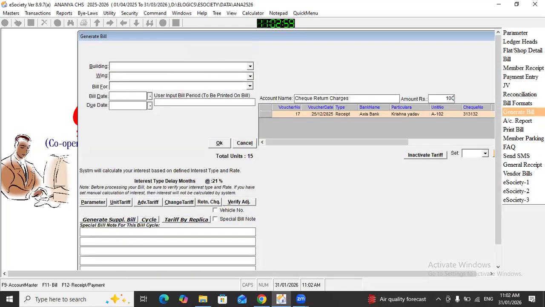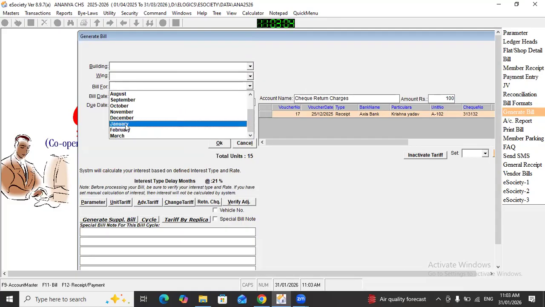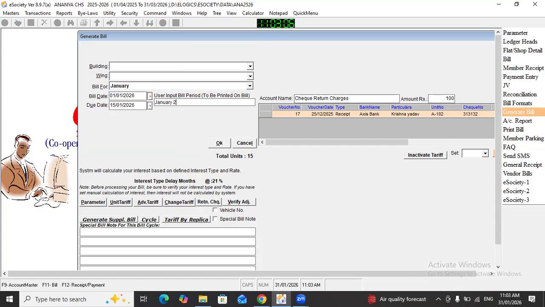Enter the amount here. Select the period. Click on OK.